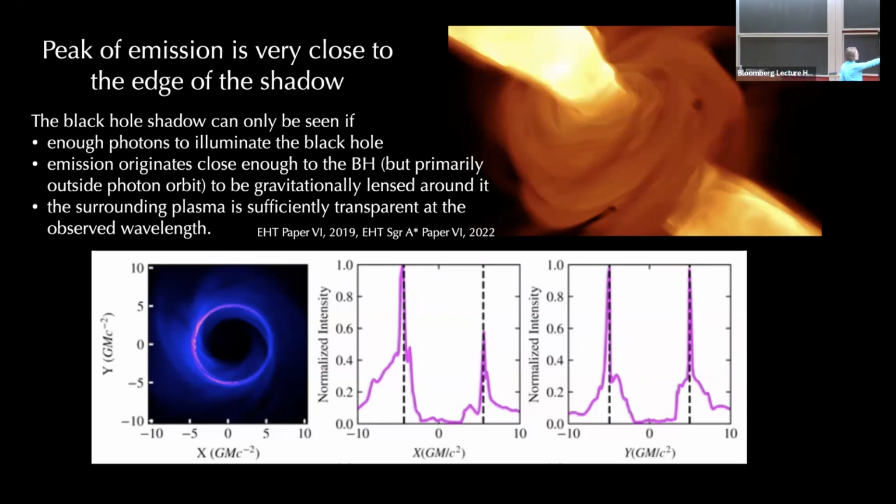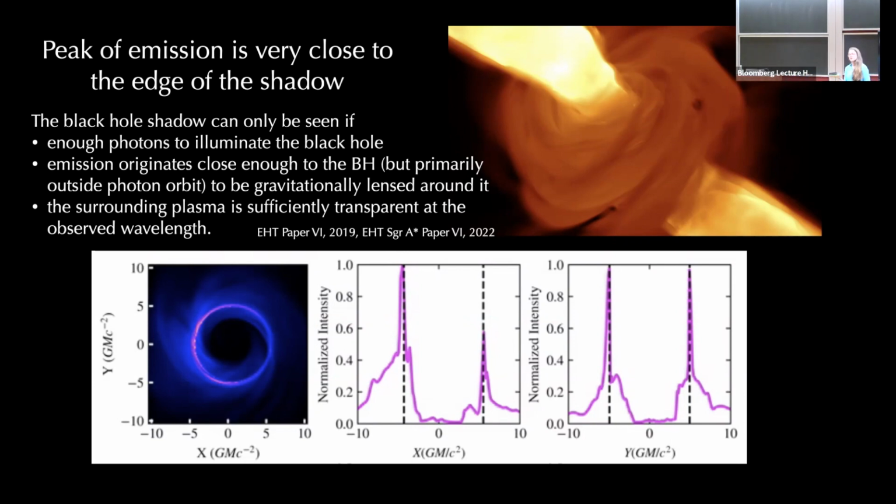So this simulation that you see over there is what you would see if you were looking at a black hole at 1 centimeter wavelength. And so you can see this big poofy disk. It is important to keep in mind that for both M87 and Sgr, they're low luminosity accretion flows, so we do expect the disk to be very poofy, not thin. At 1 centimeter, you can see the poofy disk, you can see these jet features, but you can't